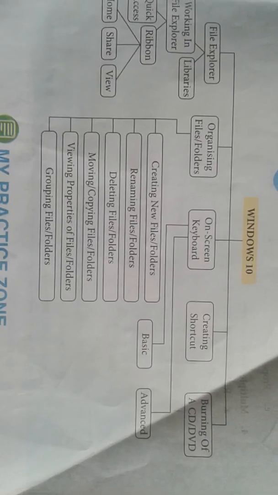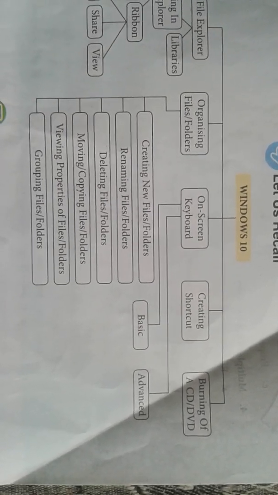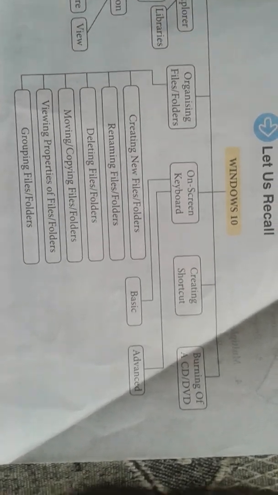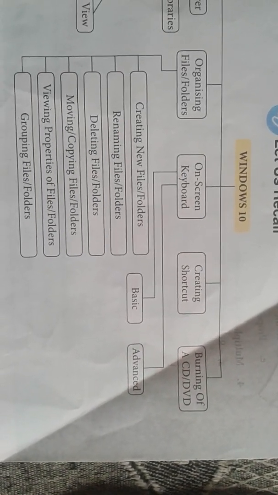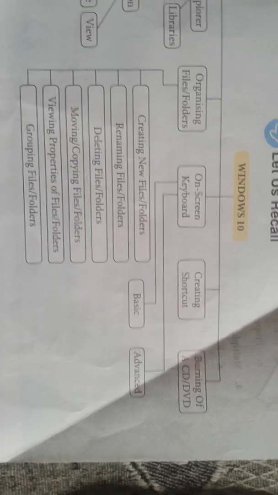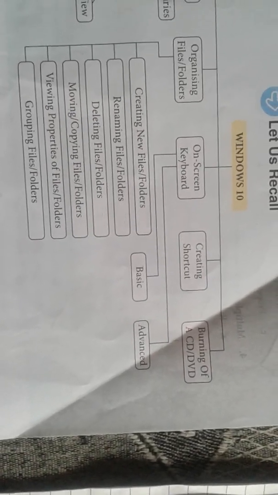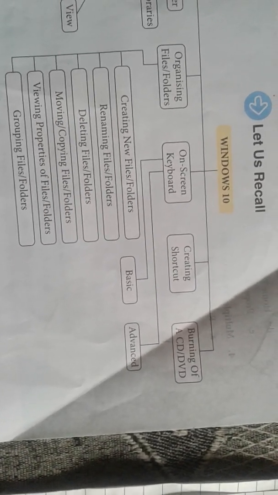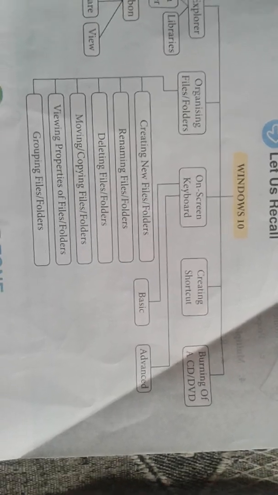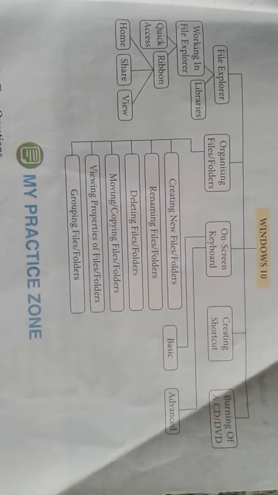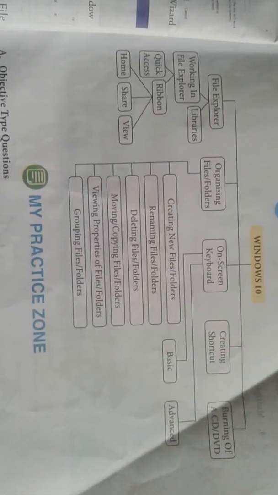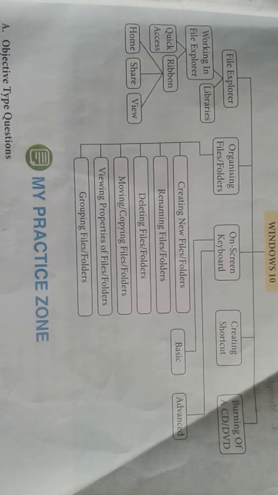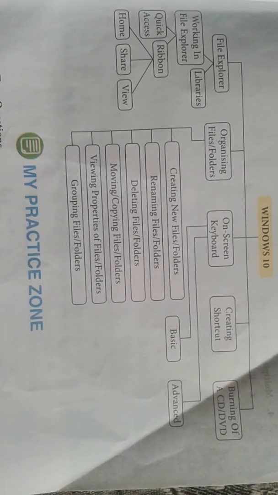So this diagram tells us about the Windows 10 branches, how many ways the things are included in Windows 10. Basically there are 5 options and we have sub options of those 5 options also. So students, you have to draw this diagram in your computer notebook,